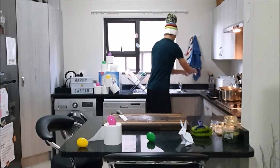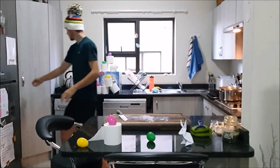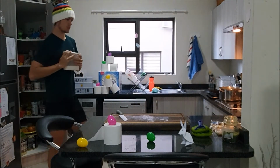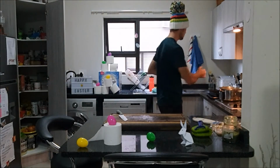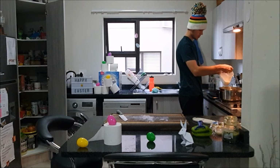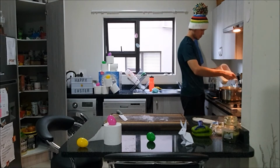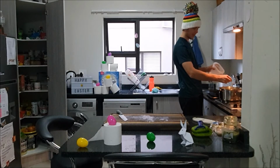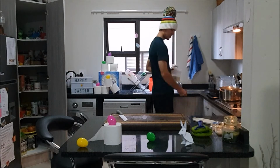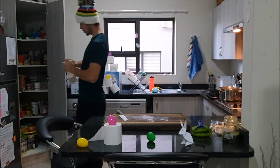So what I'm going to do now is I'm just going to grab a little bit of salt. Not too much salt, just a little bit. But I'm pretty sure everyone knows of this. Just to put a little bit of salt in the pot while it is cooking. It's just to bring a little flavour. Alright, some salt in there. Beautiful. Okay, so while we have that going, I've also put the